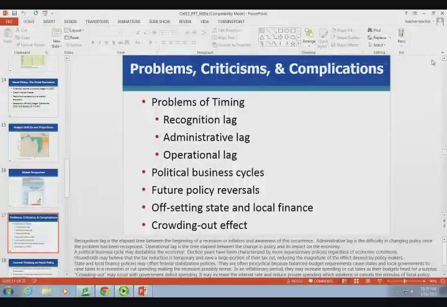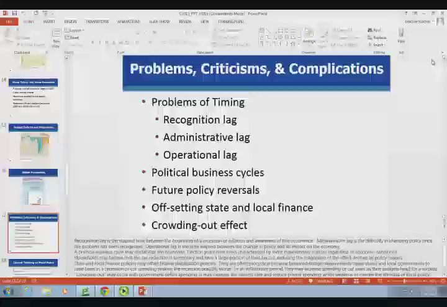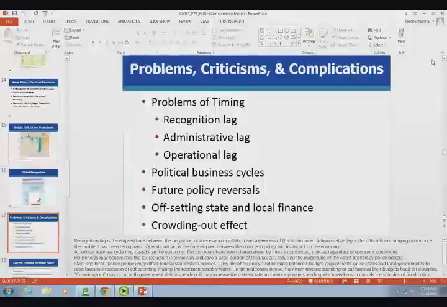Administrative lag. This is a lot of the bureaucracy in fiscal policy, because individuals in elected public offices spend almost half of their time on their re-election campaign. As soon as they get in there, they try to do things. They've got to see what the administration before them did. And then they can do a couple of things, but they have to focus their energy on being reelected, because that is a part of our process. And then operational lag. A lot of times with fiscal policy, someone will put an act into play, but they might not see the manifestation of their effort because they might not have gotten reelected. They're long gone.